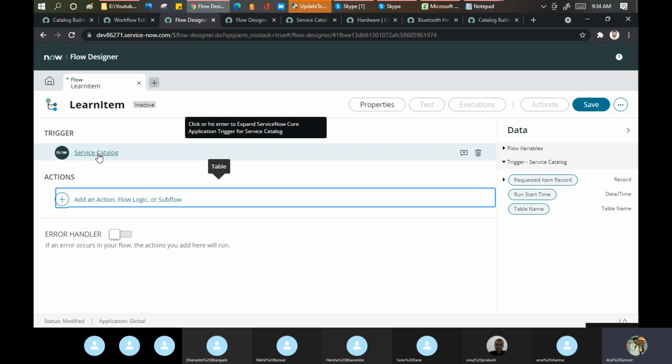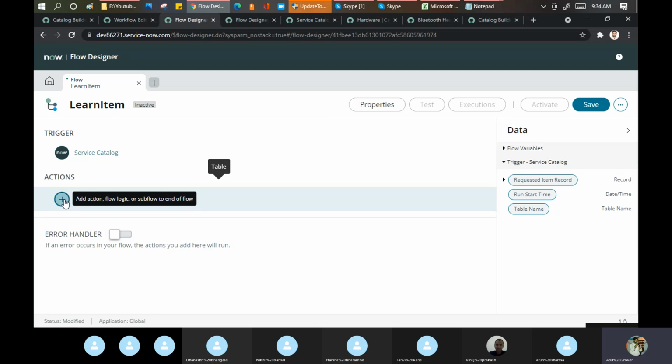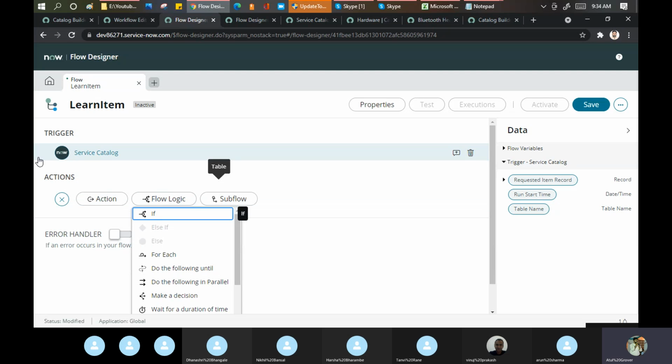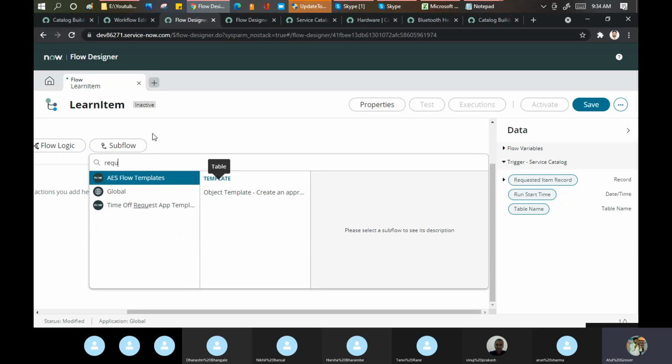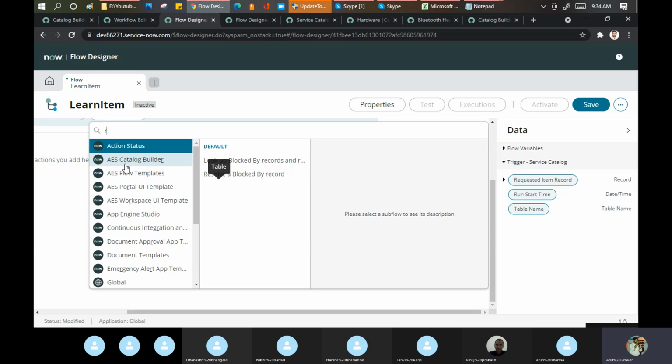I am saying that this workflow should work when I work on the service catalog. It asks what next part you want to do. I said I want to send this request for approval. ServiceNow says I already have something for you in place, you can use my already built one.